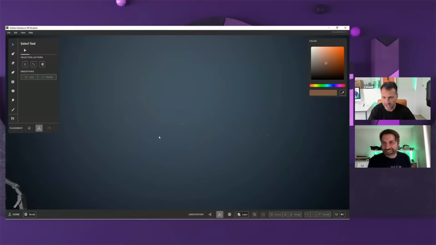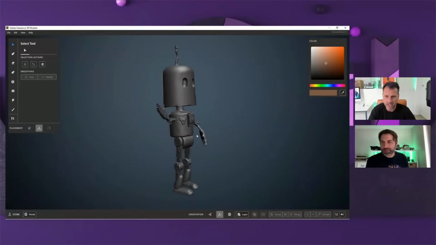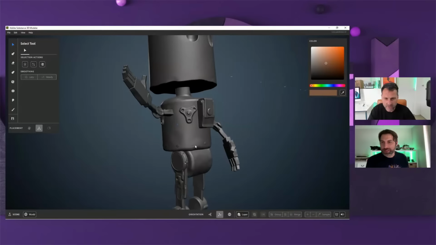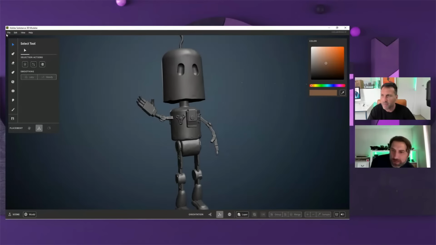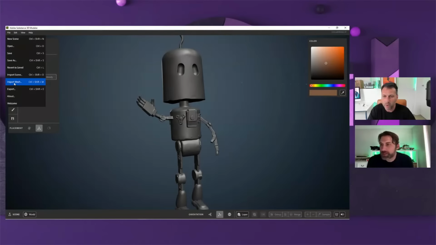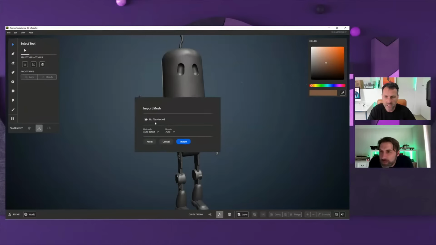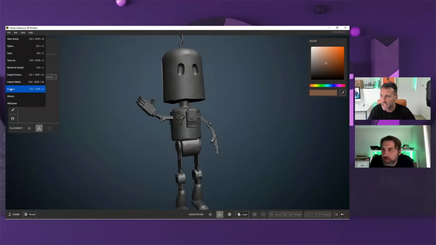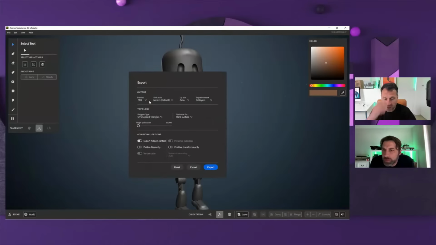Yeah. So I've got my one that I did earlier. So if we have a bit more focus on him, and I'm just going to zoom in, I can hit F on the keyboard, and you can see there I've dinted him up. I've added a few little bits and pieces to it. Now I've gone up here and I've gone File, Export Mesh, a few different options here. I can go, that's import I've got. I want to go File, Export,